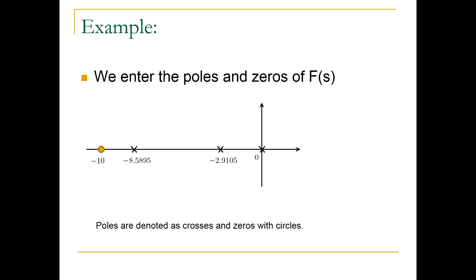But note, we have 1 circle and we have 3 crosses. So what will happen with 2 branches? We know that 1 branch would end up in a circle. For large k, 1 branch would converge to the circle. But what would happen with the 2 other branches? What do you think? Yeah. So there will be some branches that go up to infinity.